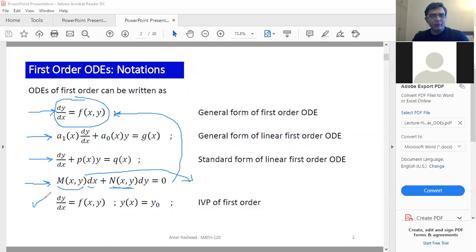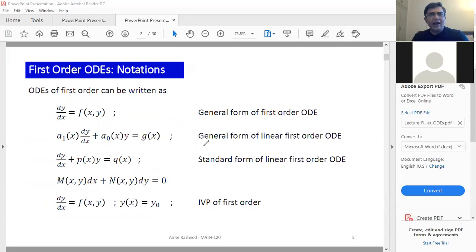Another form is this, which is basically the initial value problem of the first order. These are all the different types of differential equations we can have. Now,